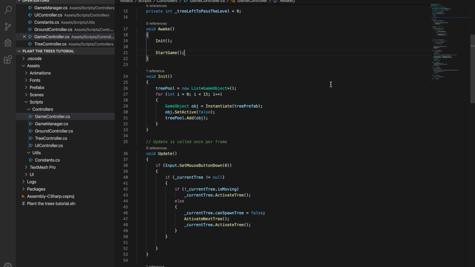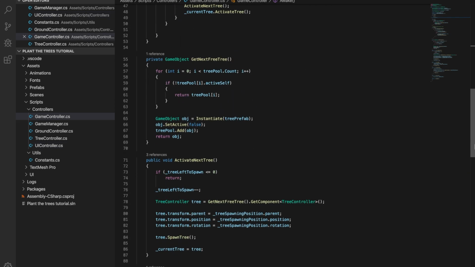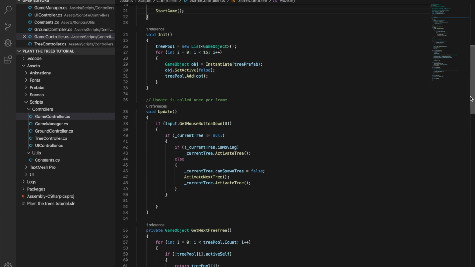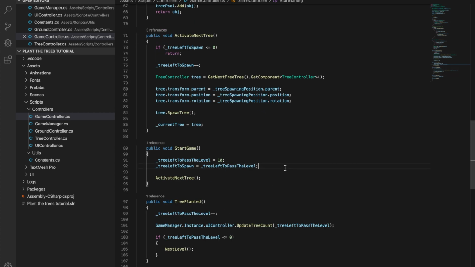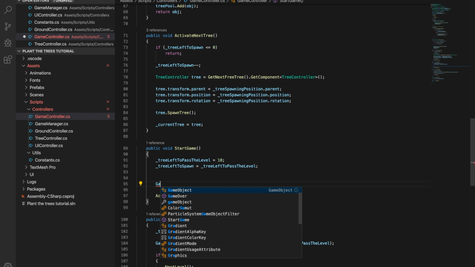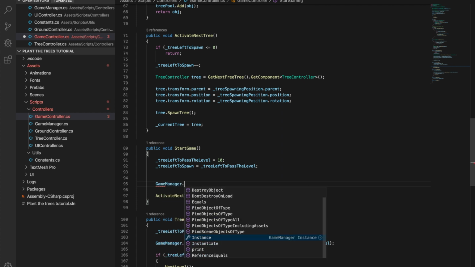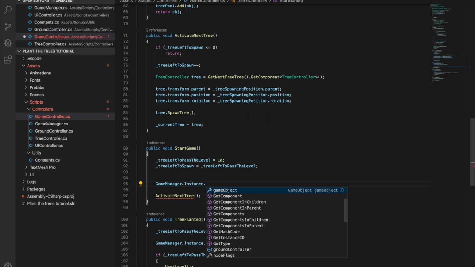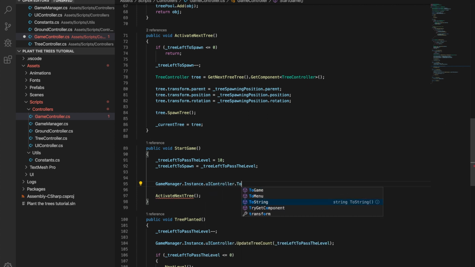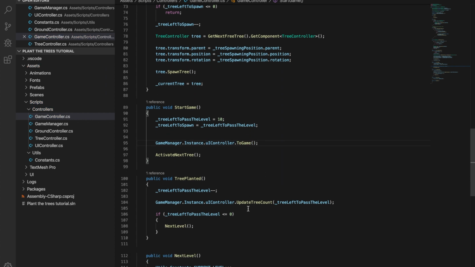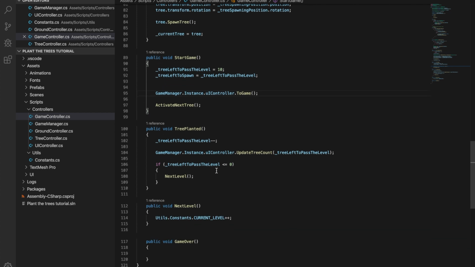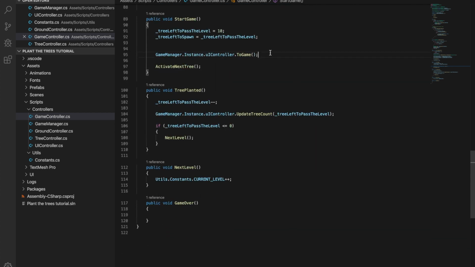so now we go back to game controller, and when we start the game we want also to change UI to game, so UI controller and call to game, and when game over will be called, or next level, we're gonna call to menu,